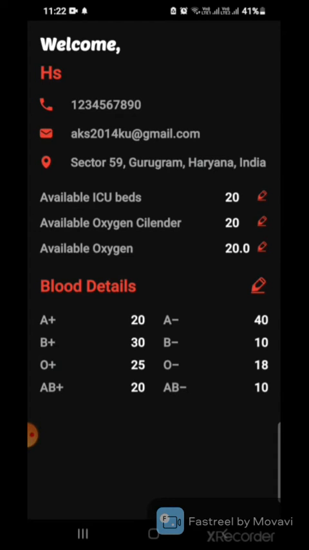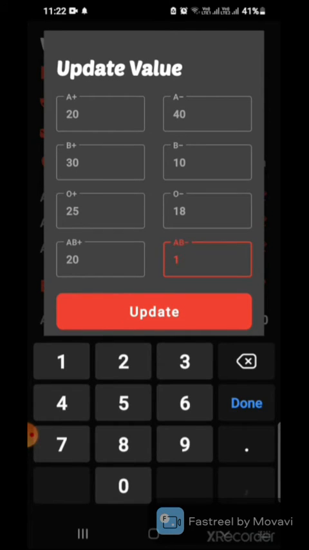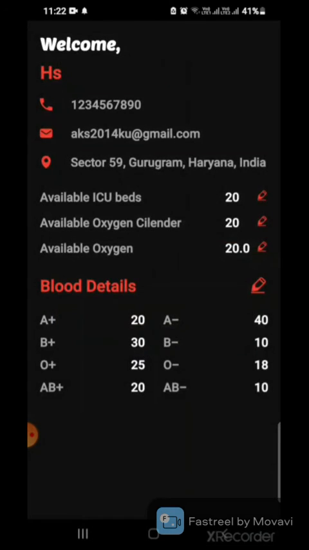And here are the blood details that the hospital has, the quantity of blood and the type of blood, and these quantities are in units, like 20 units of blood. Each unit is approximately half a liter. So whosoever is in authority for that hospital can come here, change the quantities, let's say make it 15, update it,